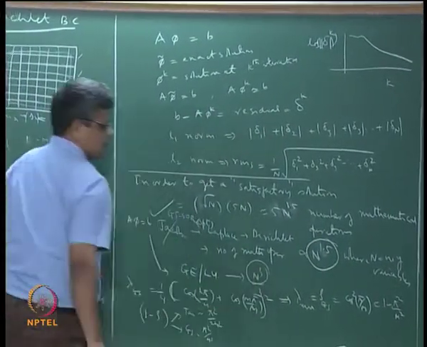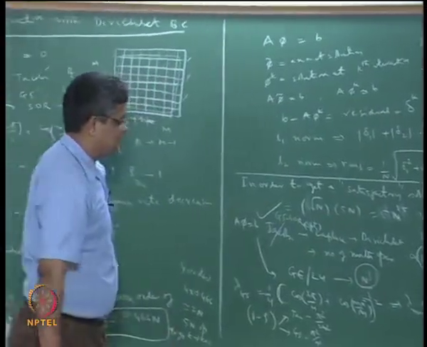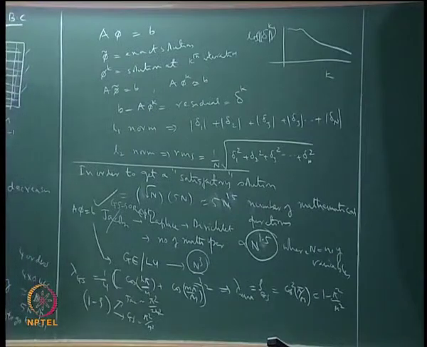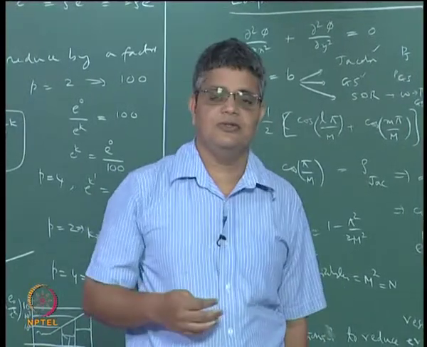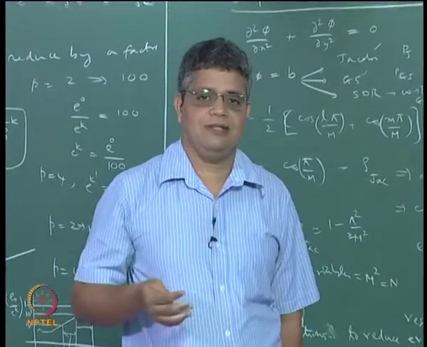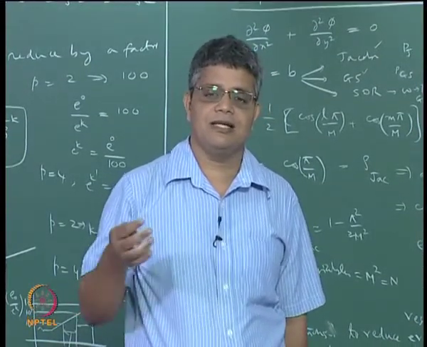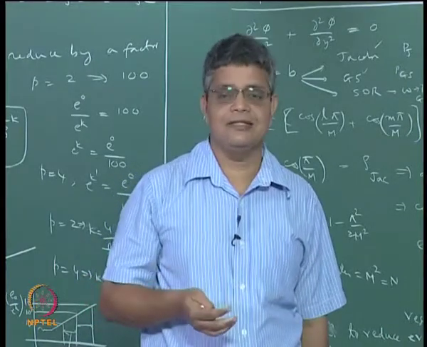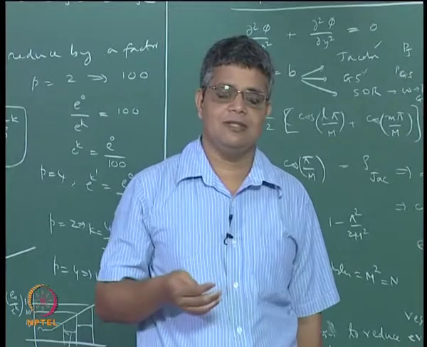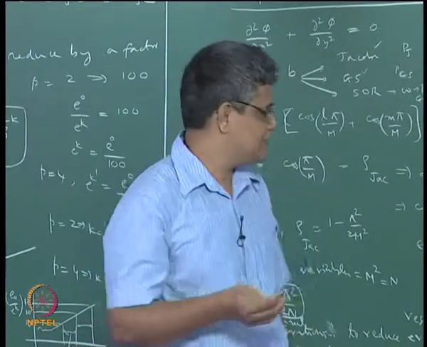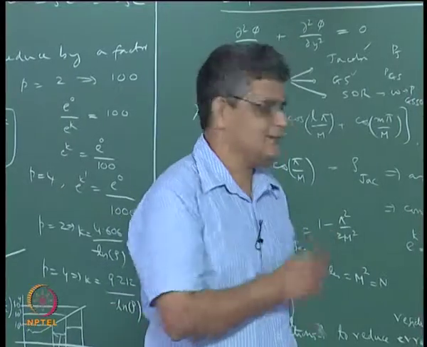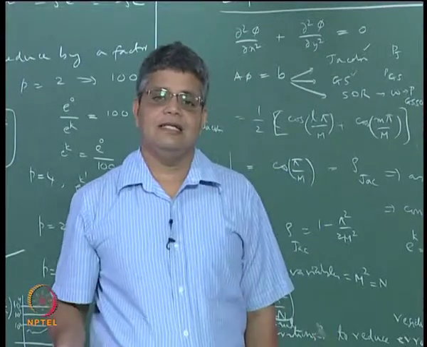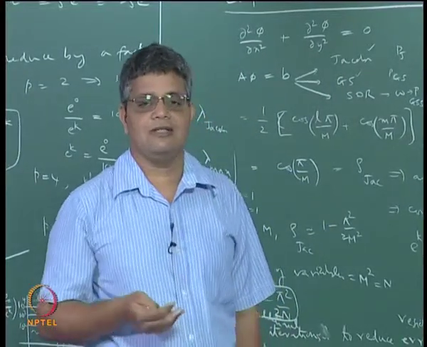As compared to a direct method, this makes the optimal SR method a very attractive scheme. But this mathematical result is true only for symmetric positive definite matrices, which is what we get if we take the Laplace equation or a Poisson equation and then use some central differencing kind of methods to do the Dirichlet problem. For the general case this is not necessarily true, and when you have non-symmetric matrices then this result may not be true. But even then experience shows that the iterative methods will converge,